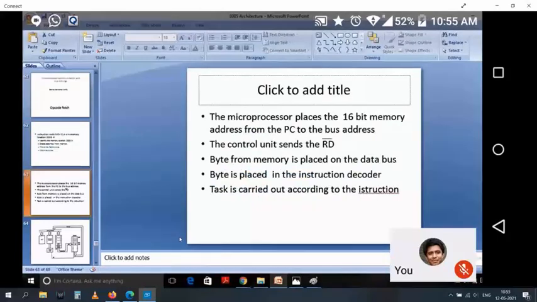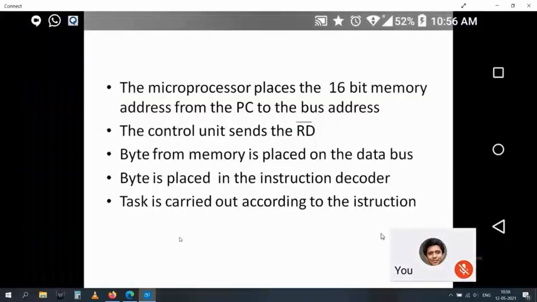Okay. So the microprocessor will first identify what is the address where it has to go, so that it will be able to identify from the program counter. Then it has to read the content of that memory location. So it will need the control signal read. We had seen read, write, address latch enable, these control signals in the pin diagram, in the architecture of the 8085. So it will need that read signal.